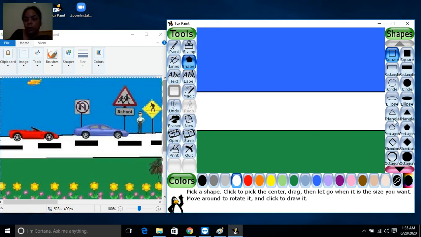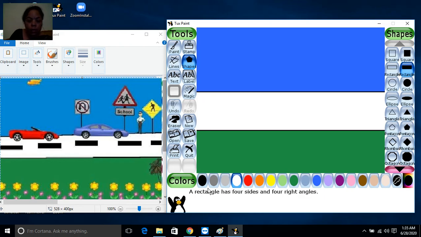At the left side you are having the unfilled, and at the right side you can see the filled one. So we have to choose the filled one. After clicking on filled rectangle, we have to choose the color. We have to choose the black color from color palette. Now we can draw. Now I'm just drawing the box here.